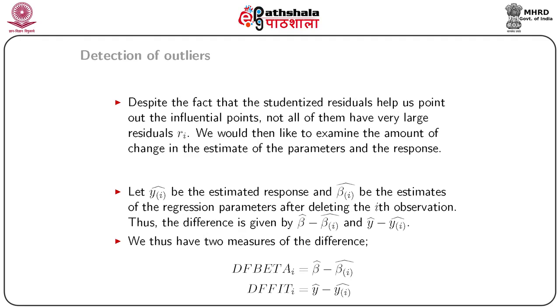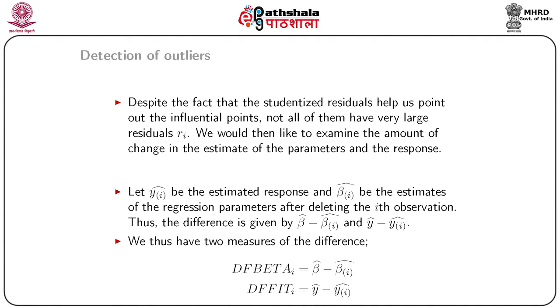They are called DFBETA, which is the difference between the estimate β̂ from the entire dataset and the estimate β̂_(i), which is obtained by deleting the ith observation from the dataset, and DFFIT, which gives us the difference between the fitted values from using the entire dataset and from using the dataset after deleting